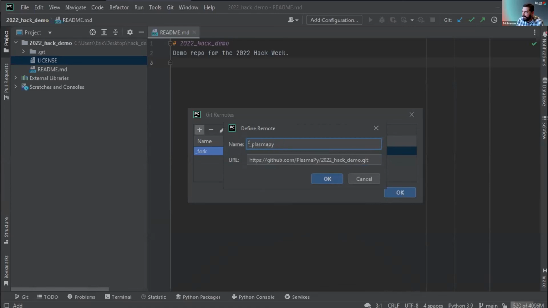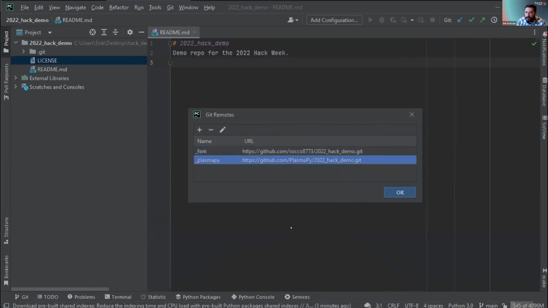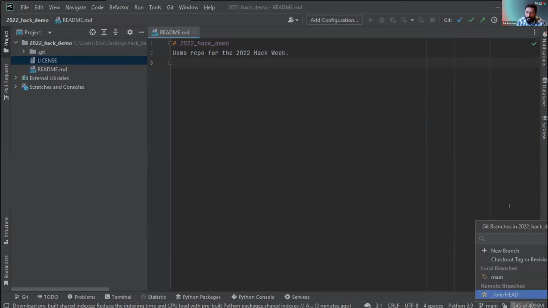This is just how I like to work. You can name these remotes whatever you want. So whatever helps you keep track of it, you can name it how you like. Okay, so now I'm going to add that. So now I have a new remote. So let's say if I look here,